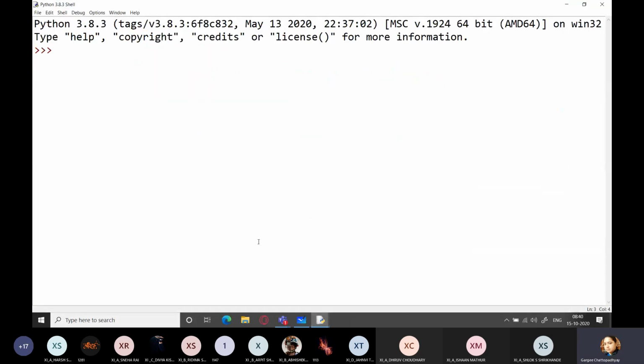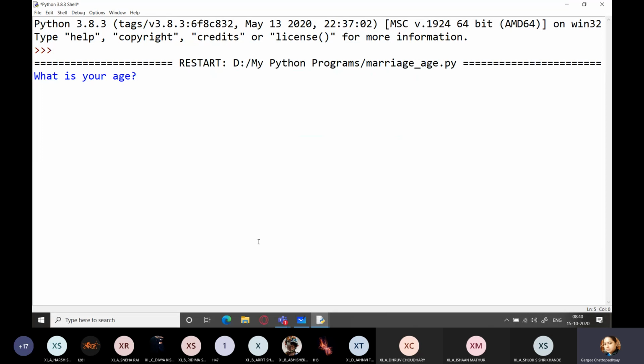I'm running the program. So it will appear as if you are talking to your person. So what is your age? I want the answers, output from somebody from you. Anyone, give me any random age. You can even give me an age of 120. Okay, it's quite possible even people get married at that age also. And of course you can also give some 1,000 years of age if that person is a vampire, right? Any age you can give me.